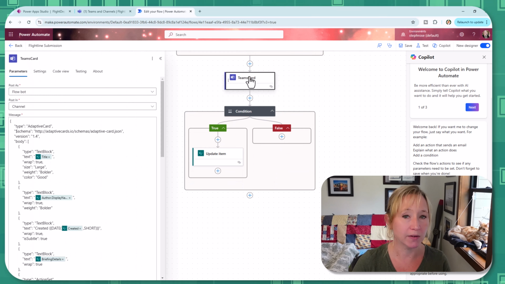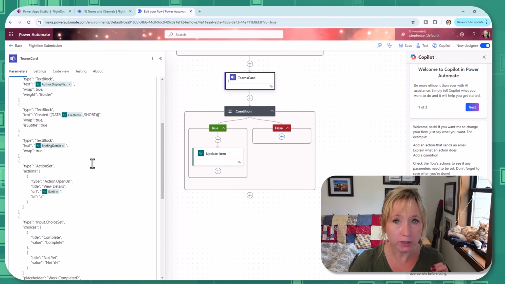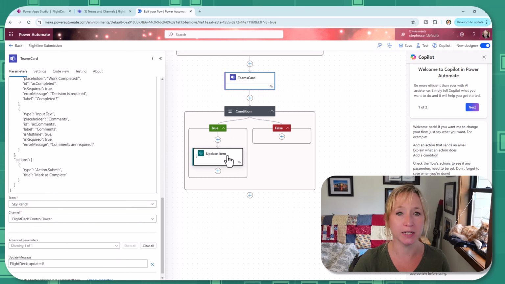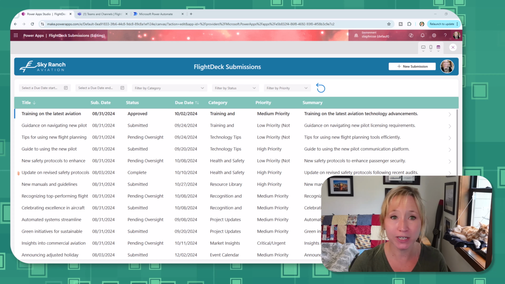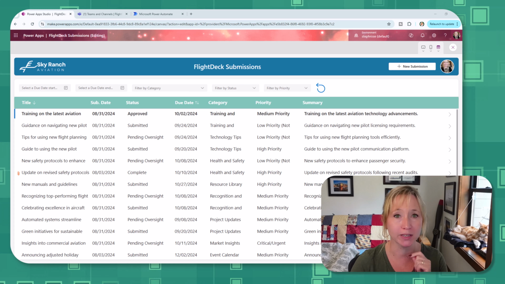Whether you want to keep everything within your Power App or leverage Teams for notifications and updates, we've got you covered. Stick around, because by the end of the video, you'll be able to decide which method works best for you,